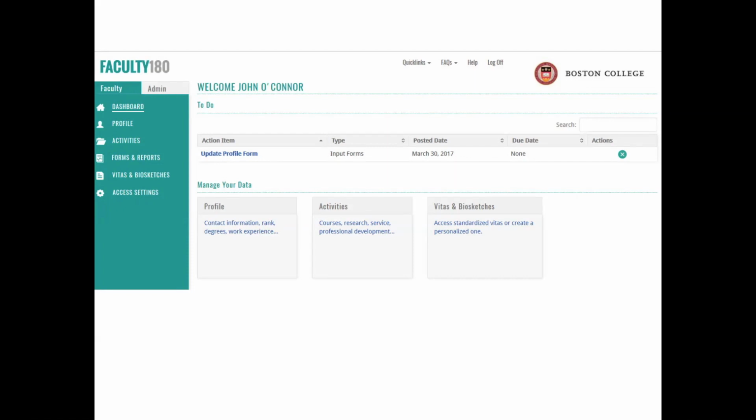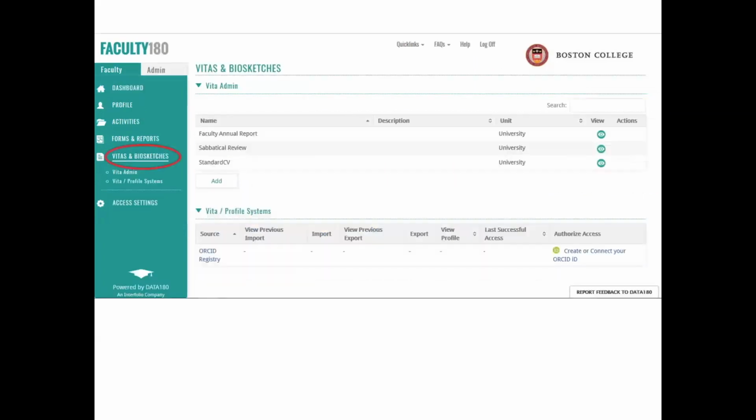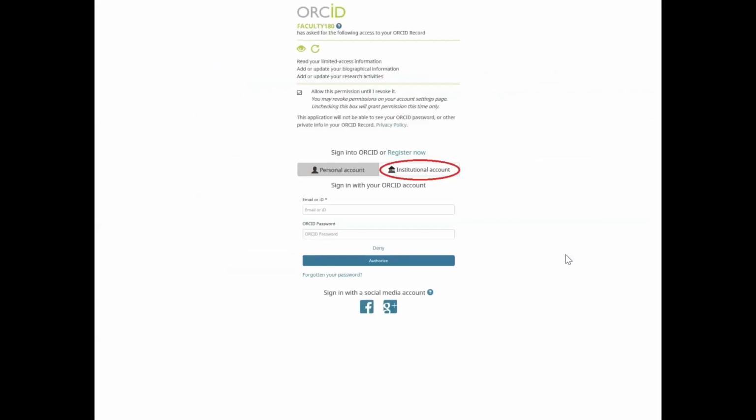So this is the system, and when they log in, they see this screen, and they'll click on the Vitas and Bio Sketches link there, and that sends them to this page here. You can see there's this Create or Connect Your ORCID ID, and if they click that, they're taken to this page where they can either sign into an ORCID if they've already created one, or they can create one from here as well. But most people who are using this have already created an ORCID. Essentially what this is asking for is for Faculty 180, that software, to be able to see and pull information